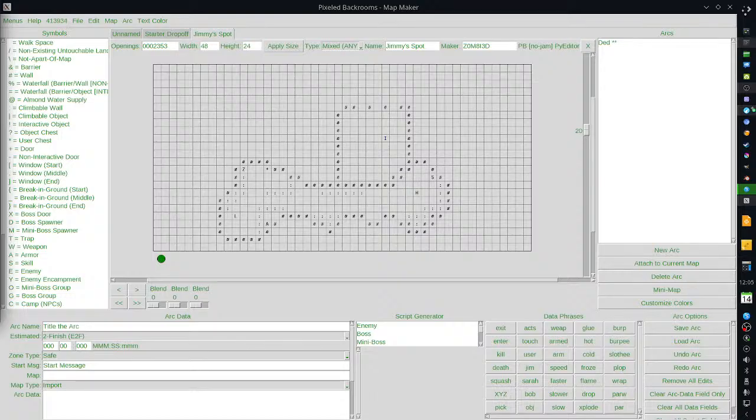Alright, and then we can say, there's a bug that when an arc is no longer sitting in the arc selector, but we see the arc stored in the tmap file, the arc